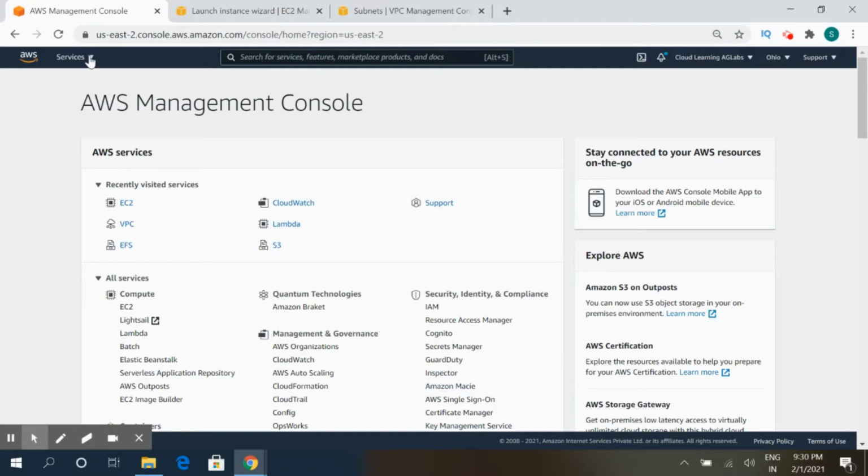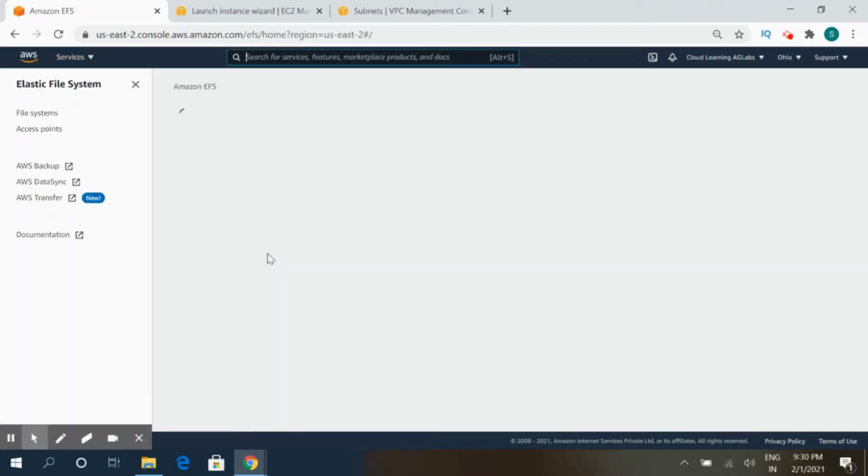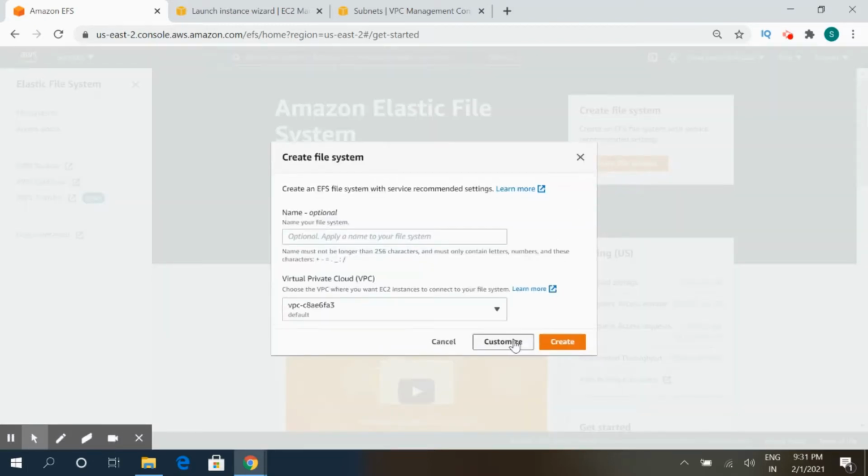The EFS service will be listed under the storage section. So we click on the EFS file system, and then this console will open up. Here we will click create file system and then the customize option.